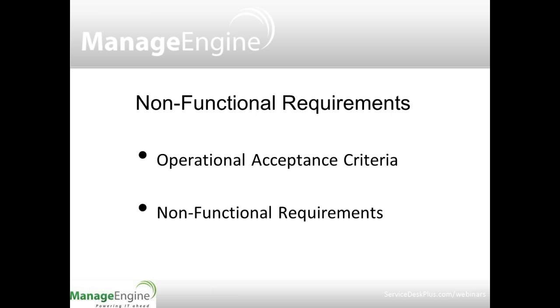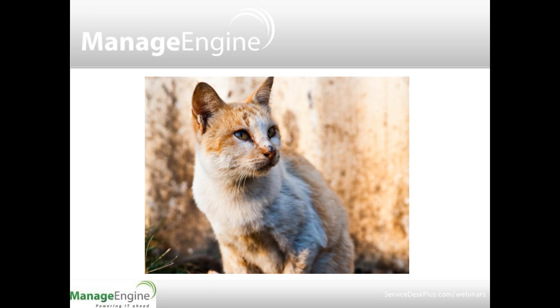And operational robustness is about that whole process of influencing the non-functional requirements at the front end and making sure that they align with the operational acceptance criteria at the back end. Now, if we do those two things, testing and warranty and designing for operational robustness, then now the cat's alive when it arrives in production. It might still be a bit of a mangy looking cat,